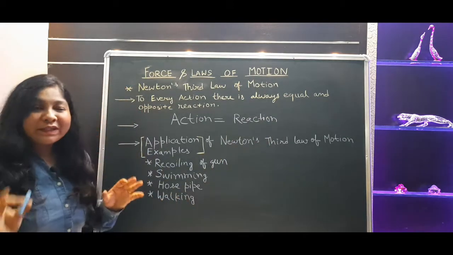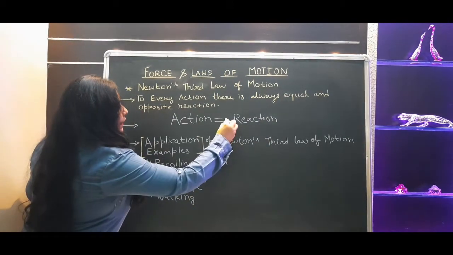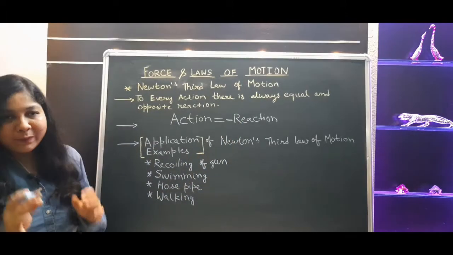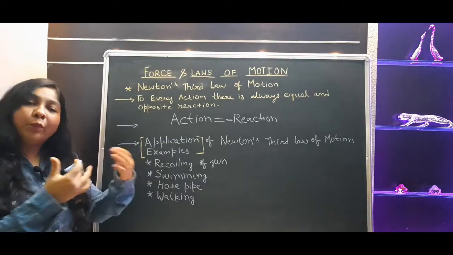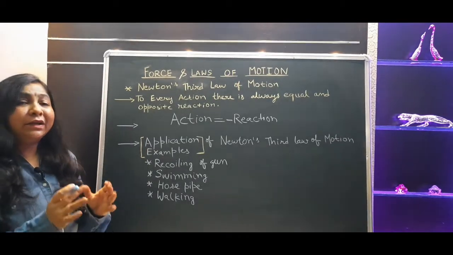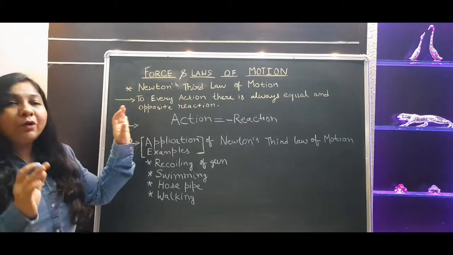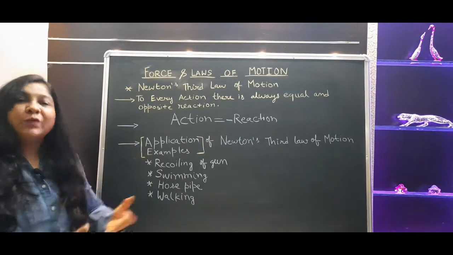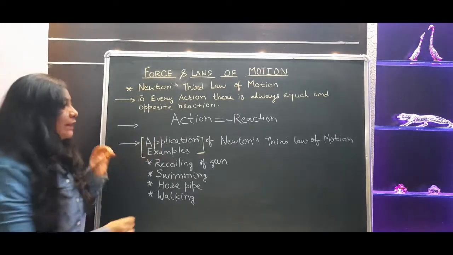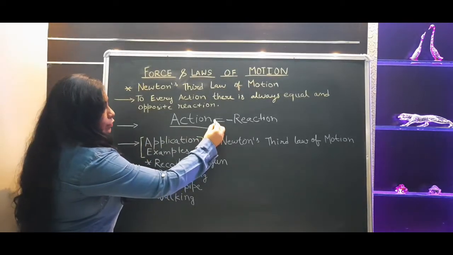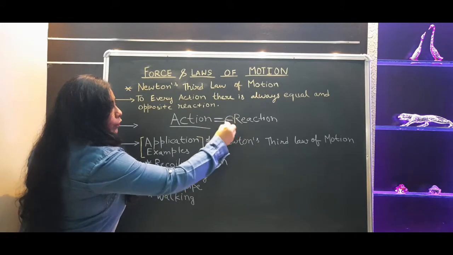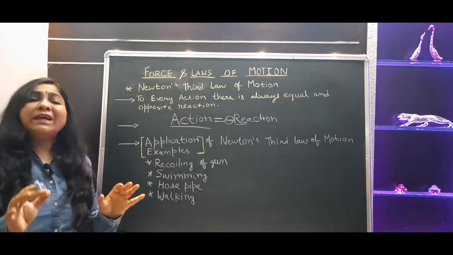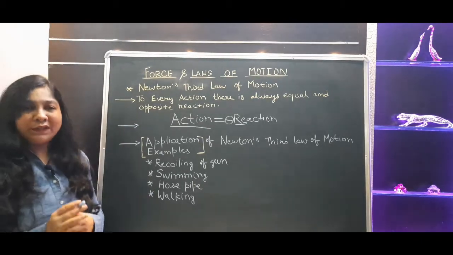To show the opposite reaction, we need to put a negative sign here only. This negative sign will determine that whatever action we are performing here, the reaction is done in the opposite direction. Why? Because the law is, to every action there is always an equal as well as opposite reaction. So you can write it like this also. To every action there is always an equal and opposite reaction. So it's very simple now, this much only.